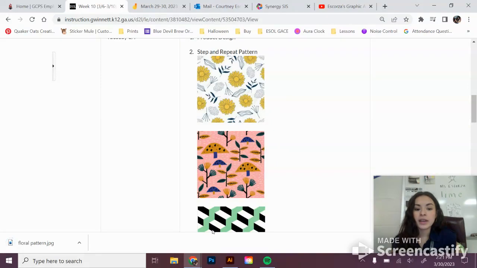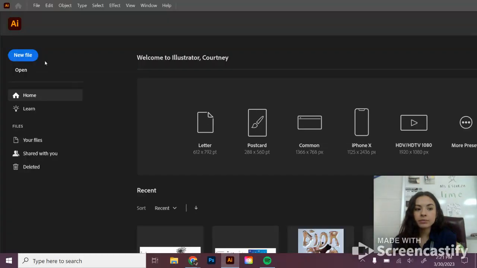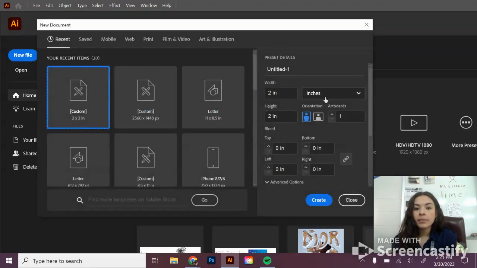So we got that. Now we're going to go over to Illustrator and make a new file, so click new file. The very first thing, and this is something you should learn if you're going to stay in graphic design: when you're creating a document, a lot of the time I give you instructions, but as you become more independent as a designer,